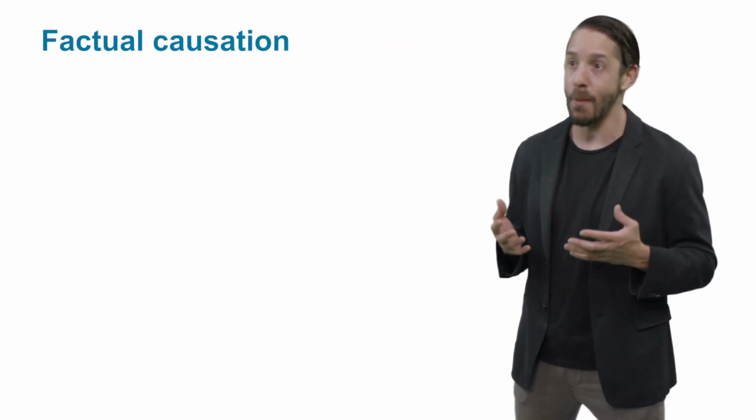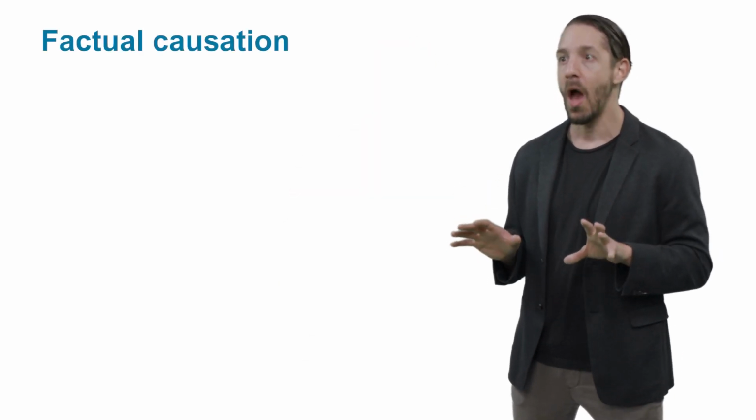Under these circumstances, there is a voluntary act and the social harm of death. However, you can't be found guilty of murder because factual causation is absent. Specifically, your voluntary act of deliberately pulling the trigger isn't the factual cause of my death for the basic reason that our counterfactual test isn't satisfied under the circumstances. Simply put, even if you didn't pull the trigger on your gun when you did, I still would have died when I did. As a result, it was my neurobiology and not your voluntary act which is empirically responsible for my death. And because your conduct didn't in any way contribute to or hasten my death, you can't be deemed its factual cause.